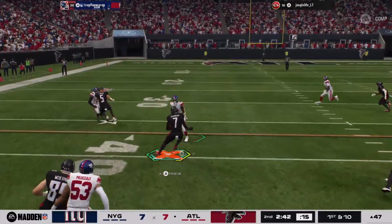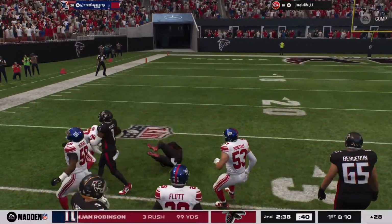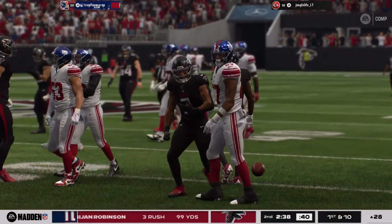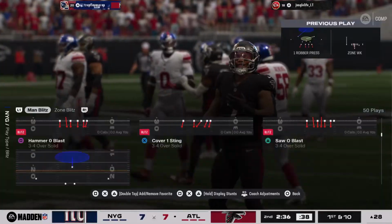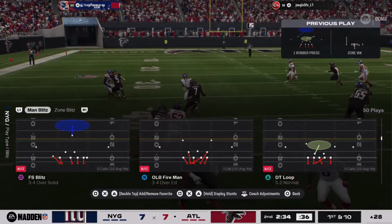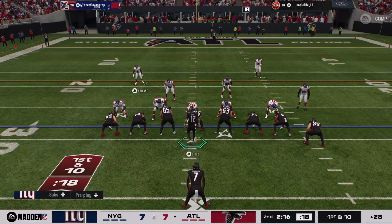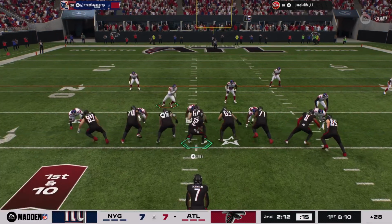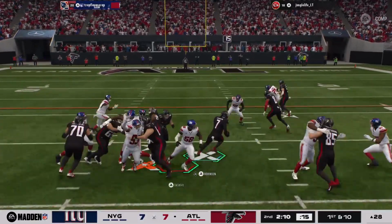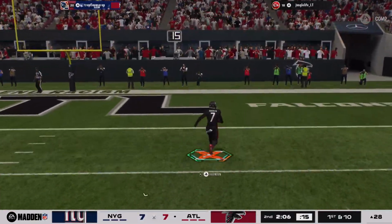Robinson up the middle. There's Robinson showing the flash. And he's going to get this inside the 30. 99 yards rushing for him as he has been tough to stop here this first half. We've seen him break off a big run already in this game, and for a second, that one looked like it might be another. Yeah, I think that any defense would say, look, we can't let him get to the second level because sometimes he'll break off the big run on his own, but oftentimes you get additional blocking at the second level, which gets you deeper into the...